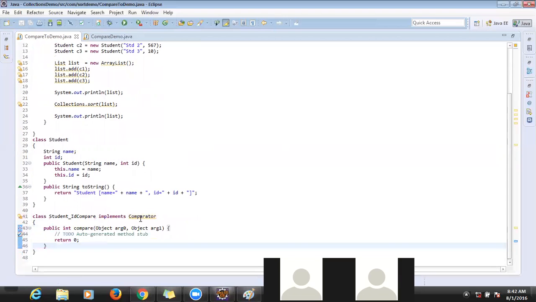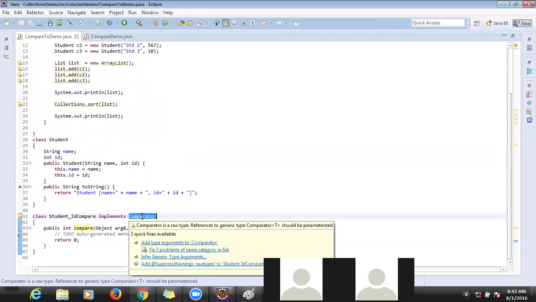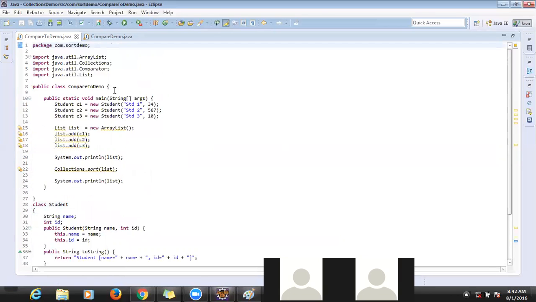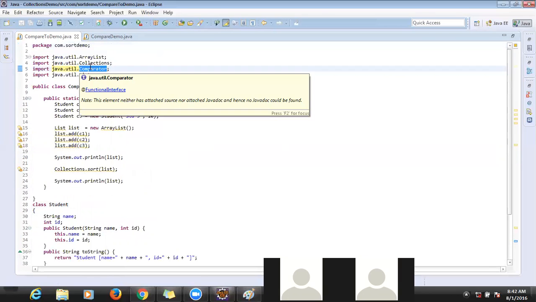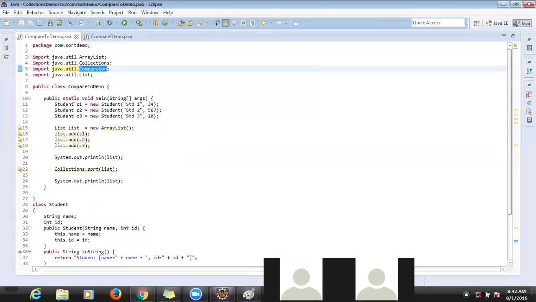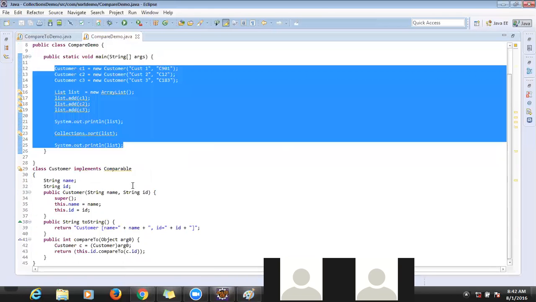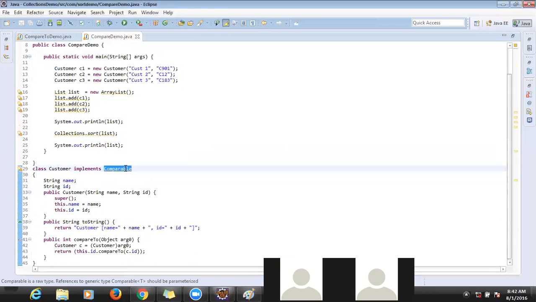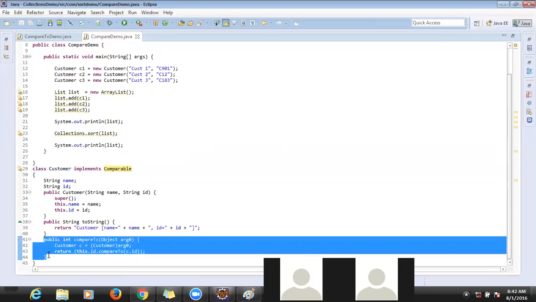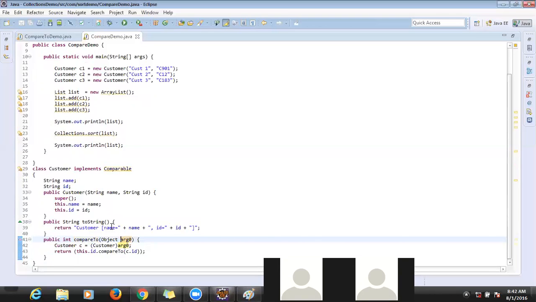It is available in the java.util package. Previously we saw Comparable. Inside the Comparable interface, we have a method called compareTo, which has one argument, and it is also in the java.util package.